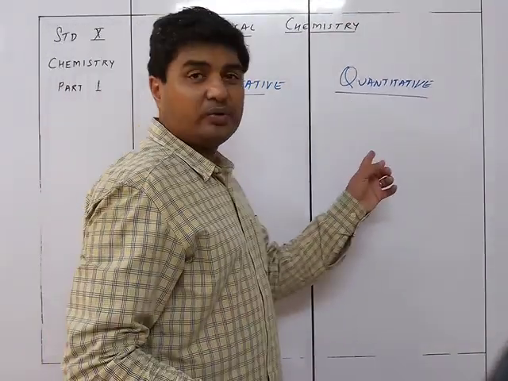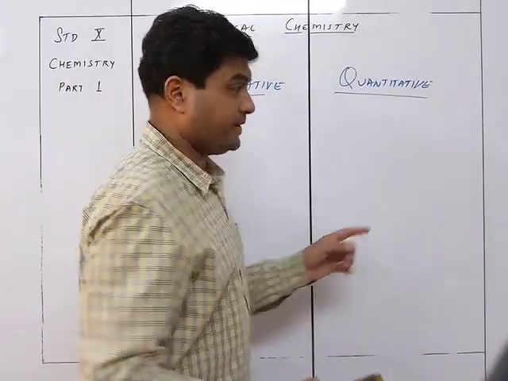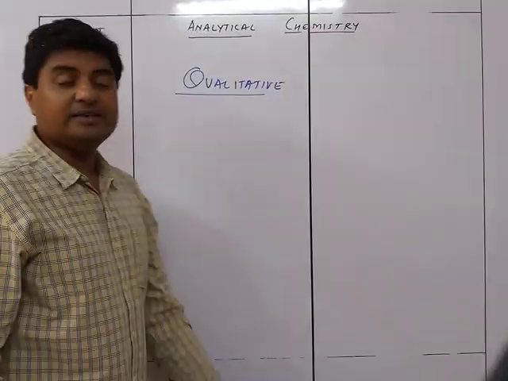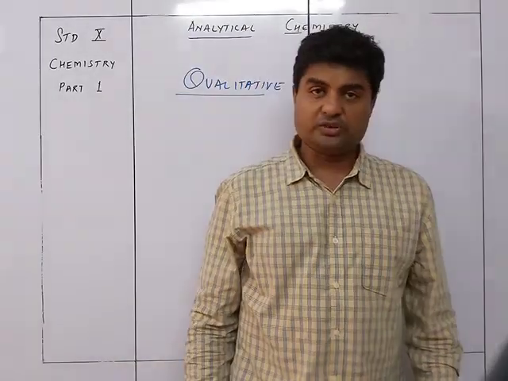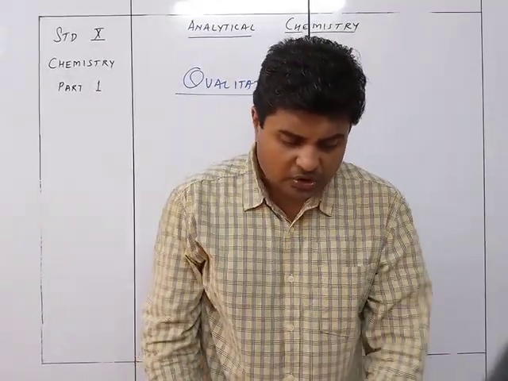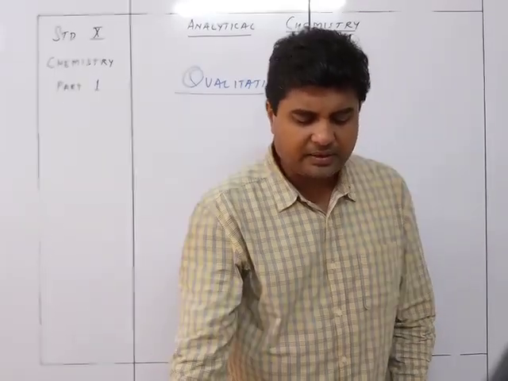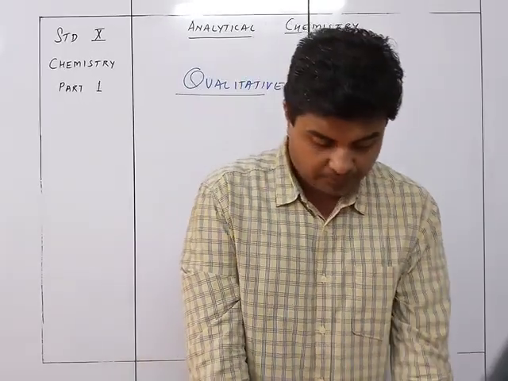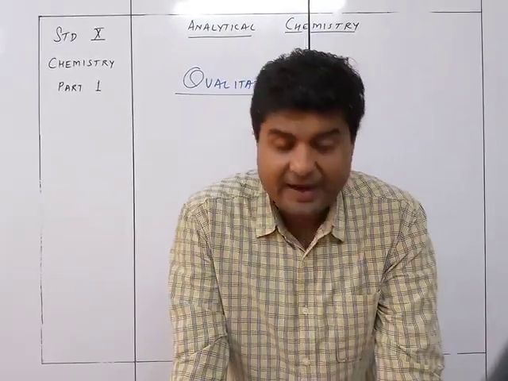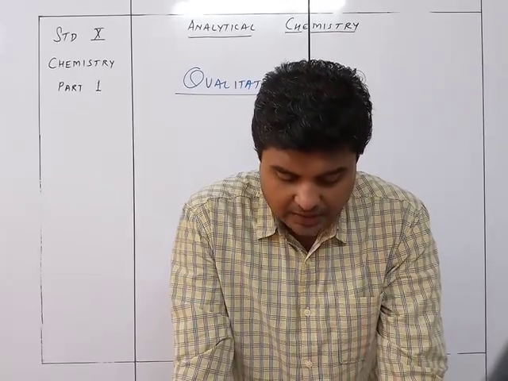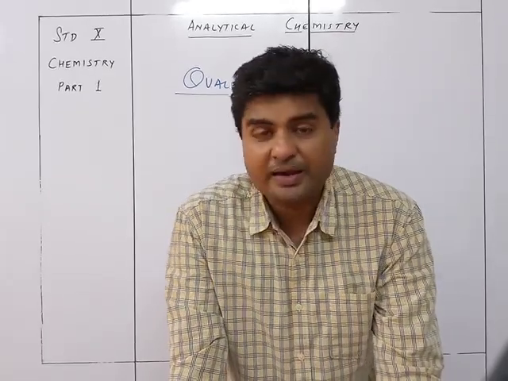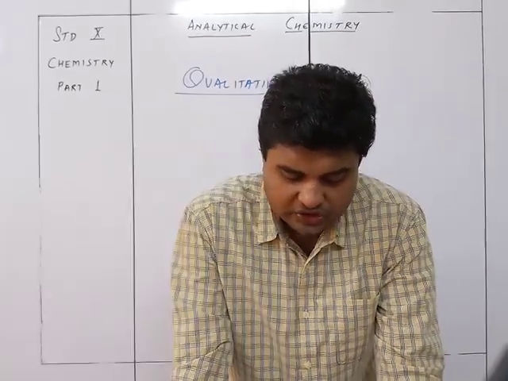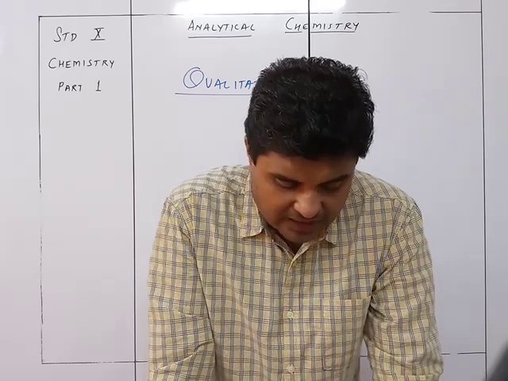The quantitative analysis we are going to study in the next chapter, that is stoichiometry. So this is what we are not going to study today. What we are going to study is qualitative analysis. So analytical chemistry deals with experimental study both by qualitative and quantitative means. Qualitative analysis includes identification of unknown substance by chemical tests. Chemical tests include use of sodium and ammonium hydroxide on salt solution and observation of the color and solubility of